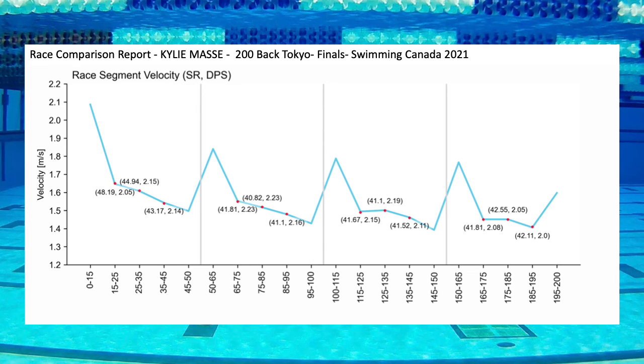Just at the end on the right side, she just started going a little bit slower as she got more fatigued. On this race segment, this is all about velocity and stroke rate and distance per stroke. So the velocity is in meters per second on the x-axis, and when she pushes off the wall, that's the fastest or the highest velocity she has for each 50. After that, she's slowing down. The 40s and the 41s and the 43s, that's her stroke rate, and her stroke rate is slowly going down as she progresses along each length.